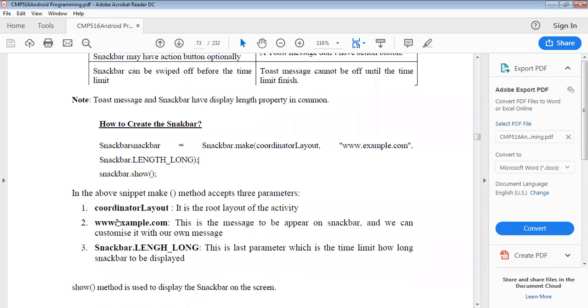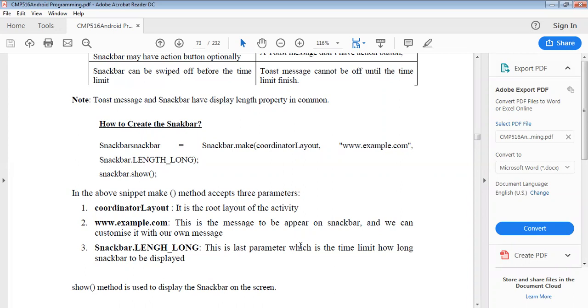Next is the message to appear on the Snackbar. For example, in our mobile phone, some links are presented, and those links are shown for a long time period, but some messages are not presented for a long time, so they are short.